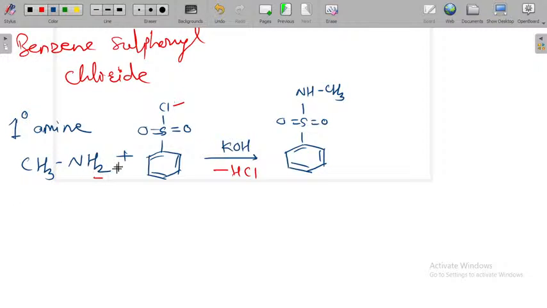HCl is a byproduct, chlorine from this benzene sulfonyl chloride, and one of the hydrogen atoms of the primary amine is replaced, and they give this intermediate, and that intermediate is called N-methyl